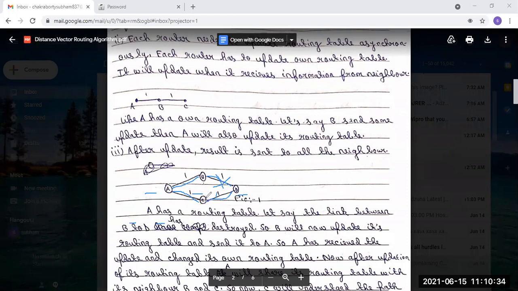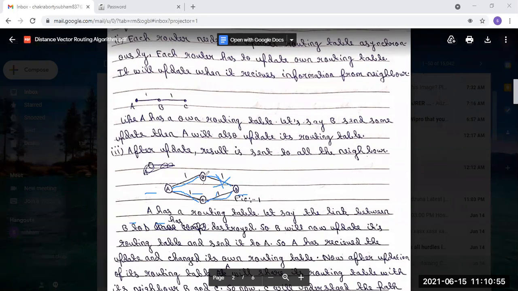Now you see, C has got the information that the link between B and D has been destroyed. C will now know that the path between B and D has been destroyed. This shows that after an update, the result is sent to all the neighbors.